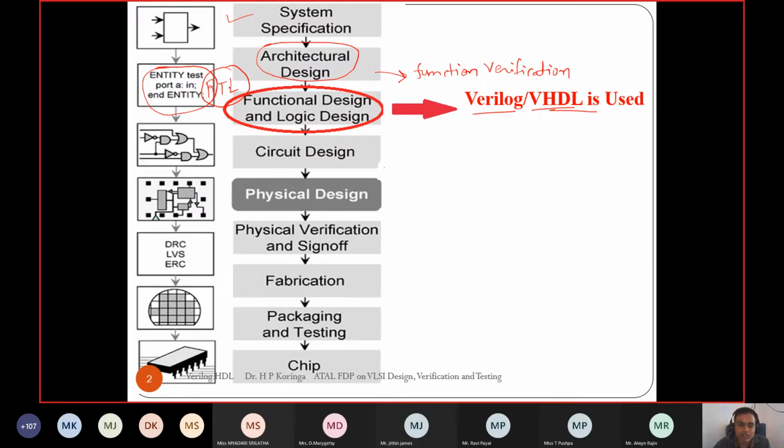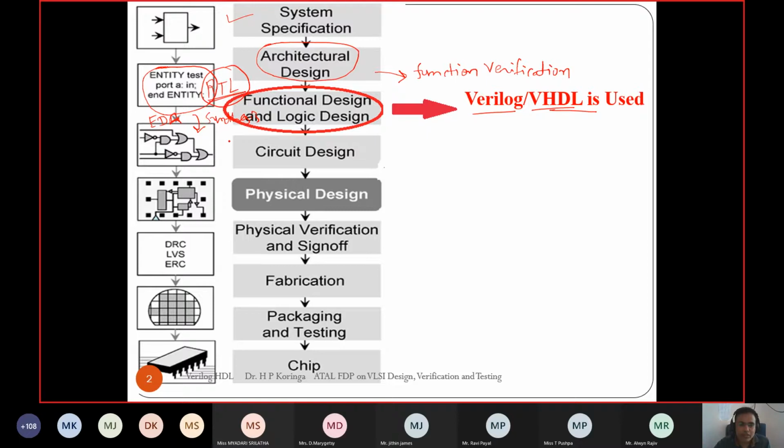Once our design is ready in the form of RTL and successfully functionally verified, the EDA tool converts it into a gate level netlist through synthesis, through some mapping of the library, also depending on the technology.